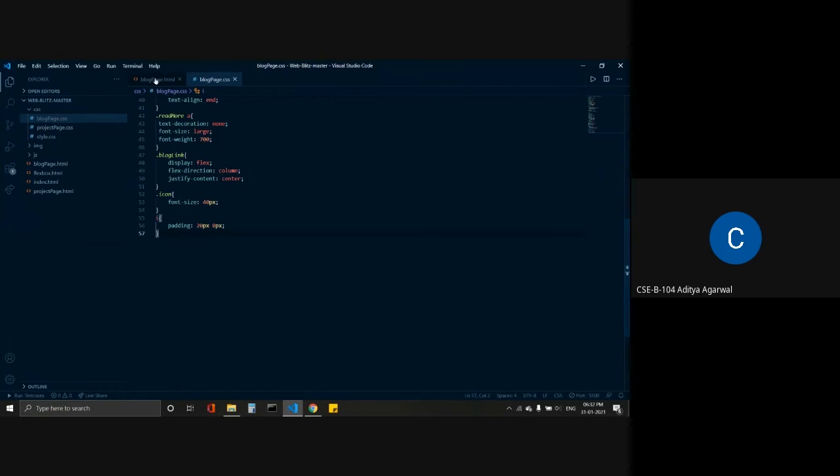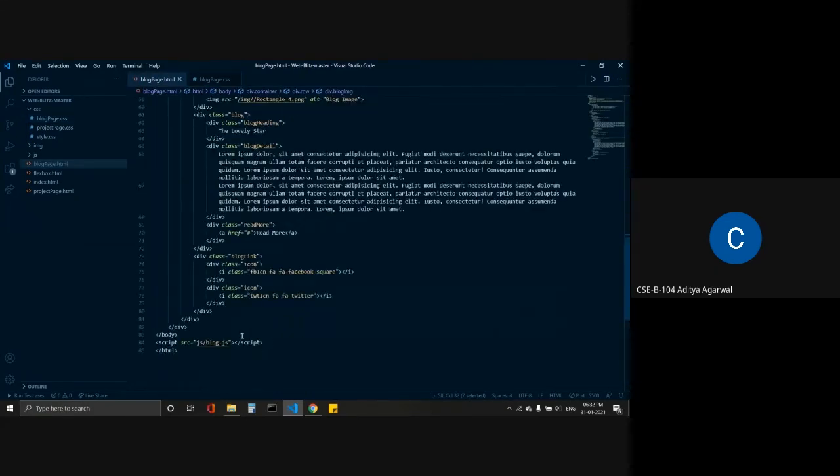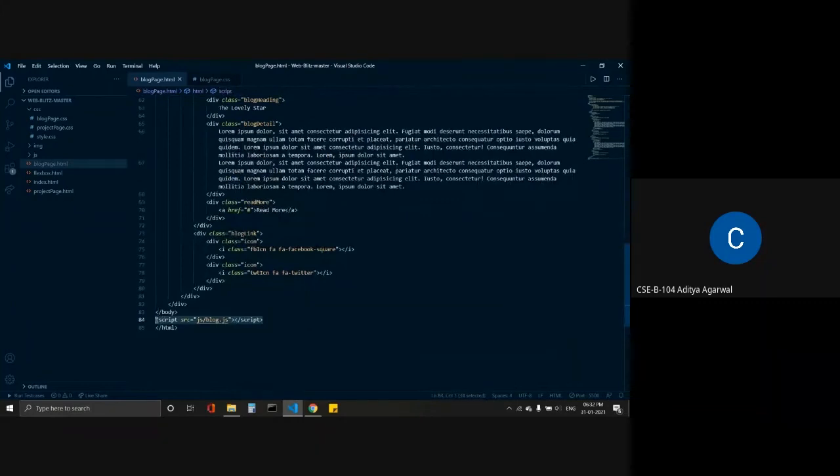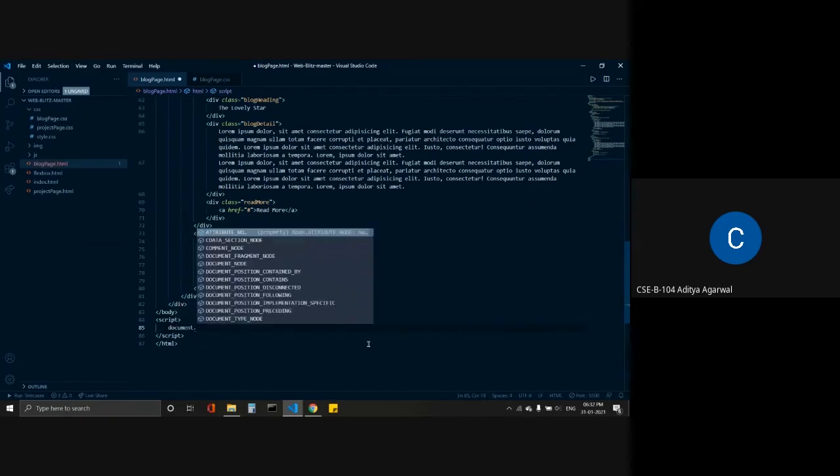For writing JavaScript, there are basically two ways. We can directly write JavaScript into our HTML pages. You just need to write script at the bottom. The JavaScript should always be written at the bottom of the web page, as it should be executed after the HTML document is loaded. There are various selectors in JavaScript.